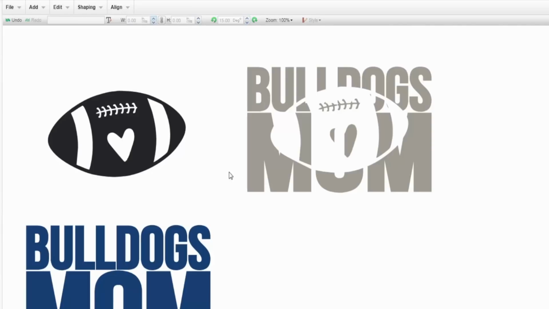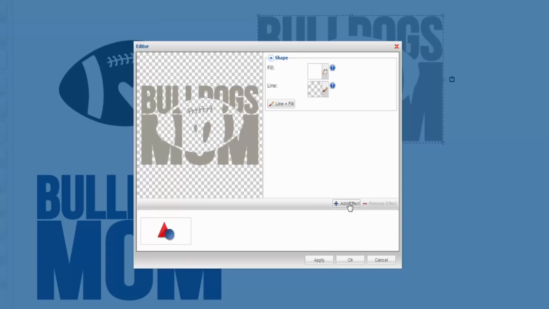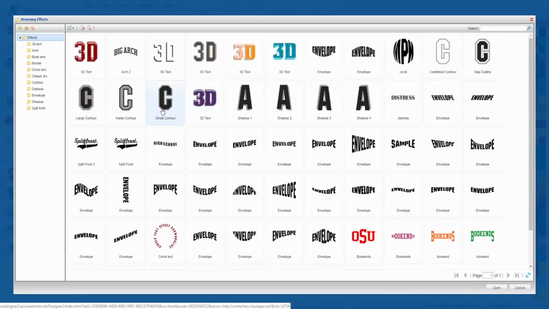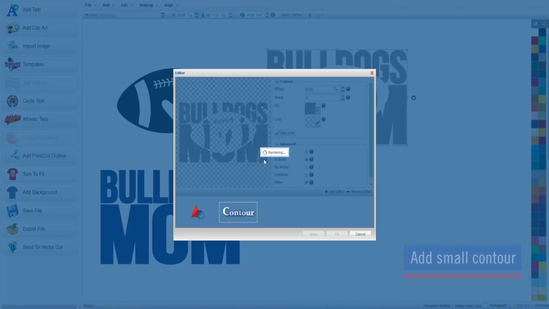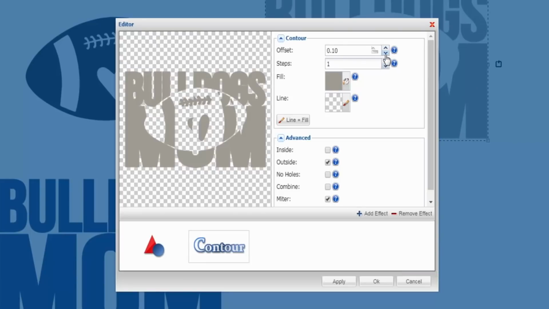Before I move on to the next step, what I'm going to do now is double click my text, and I'm going to add a small contour. This is going to just create the next knockout step a lot easier, so that nothing is showing up from the text that's going to be behind it, which will make a lot more sense whenever we move to that step. So I'm going to go to the offset, and you can see how much that increased the thickness of the text. And I don't want it to be that thick, so I'm going to decrease my offset to